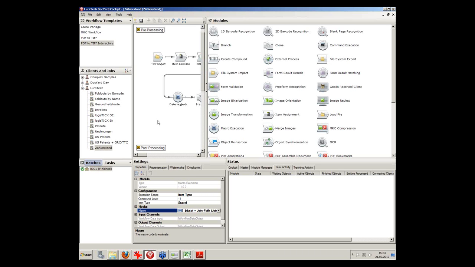Yes, thanks. First of all, I would show you the list of modules what we have in DocYard. All these list of modules are developed by our R&D team, and the next question is how can I put something in this module list as a DocYard module and use it in a DocYard job. What we offer here is a software developer license kit. This is based on .NET using C#, Visual Basic or other programming languages, and with a training of 2 or